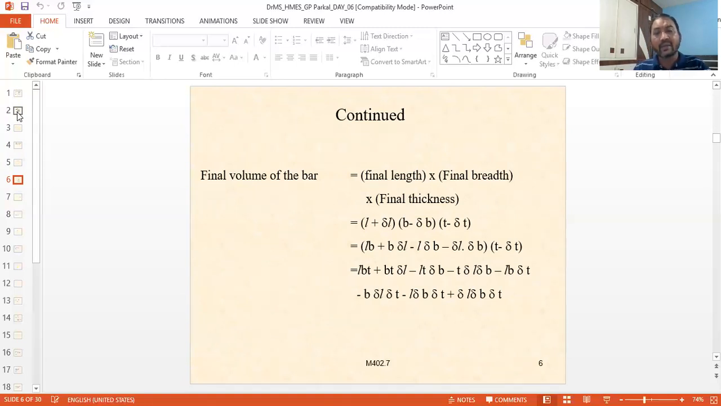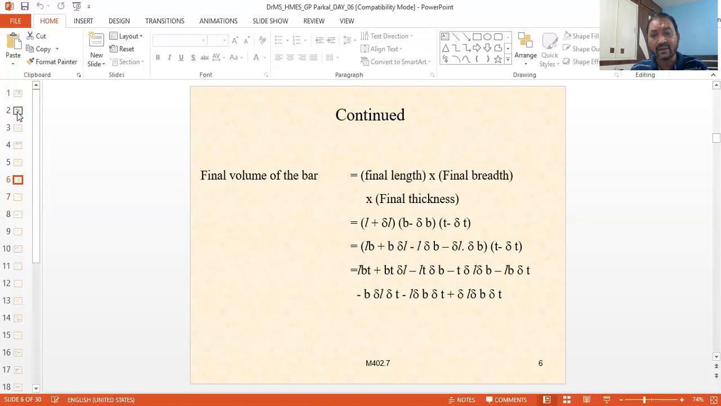So if we simplify this equation, it becomes L into B plus B into delta L minus L delta B minus delta L into delta B, into T minus delta T. Now further if we simplify it, it becomes LBT plus BT into delta L minus LT into delta B minus